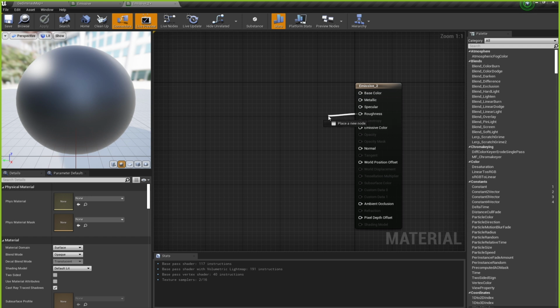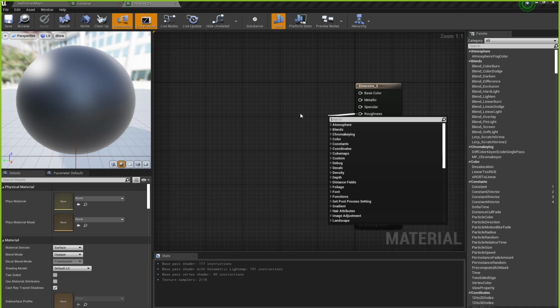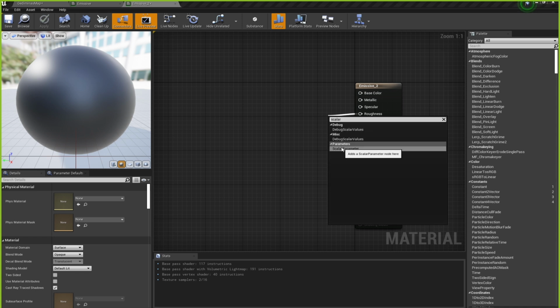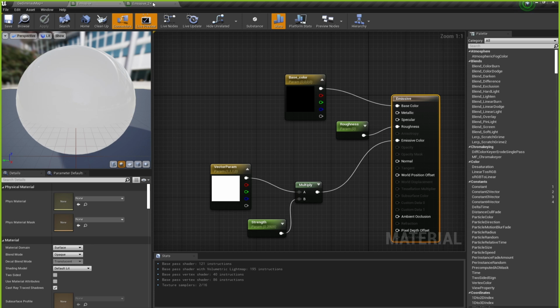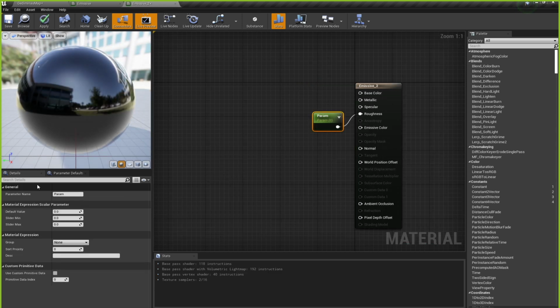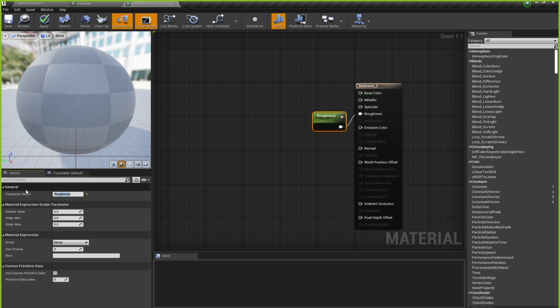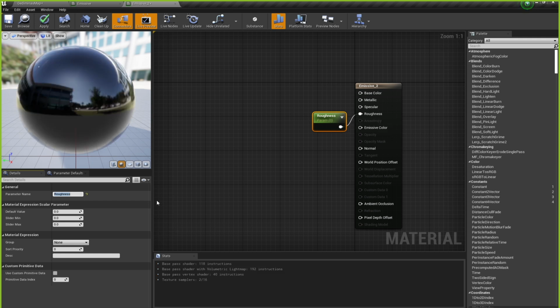So roughness, I will drag out of it and I'll type in scalar parameter. Right there. Or is there a better version? No, there's not. I'll give it a name. I will just call it roughness. So now you can see when I add roughness as 0,